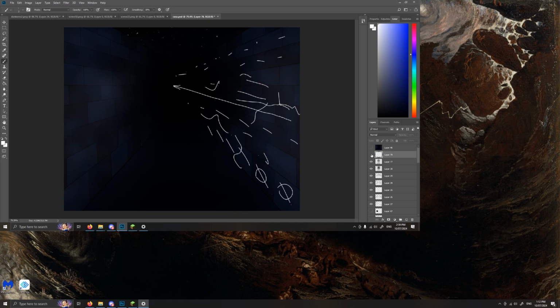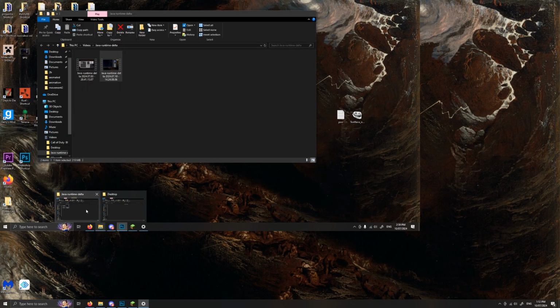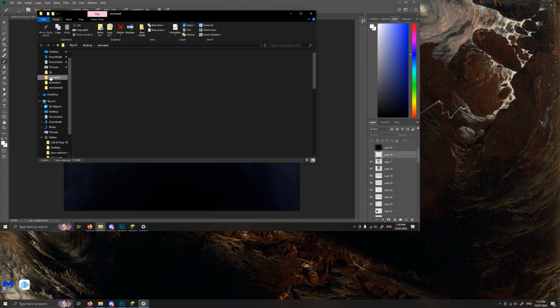So this way we only have to do 1 or 2 little rungs of bricks in order for it to appear like it's moving. So if I just show you the original animation,